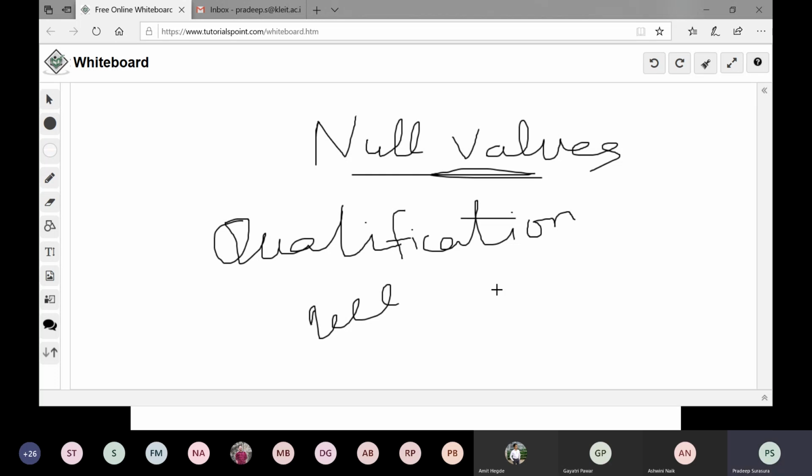Imagine a person does not have an email. What if a person does not have an email? You can write null. Some people do not know their date of birth.